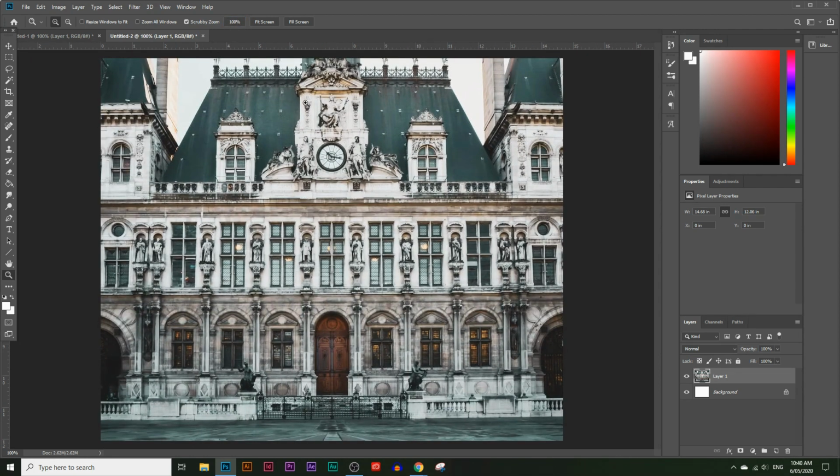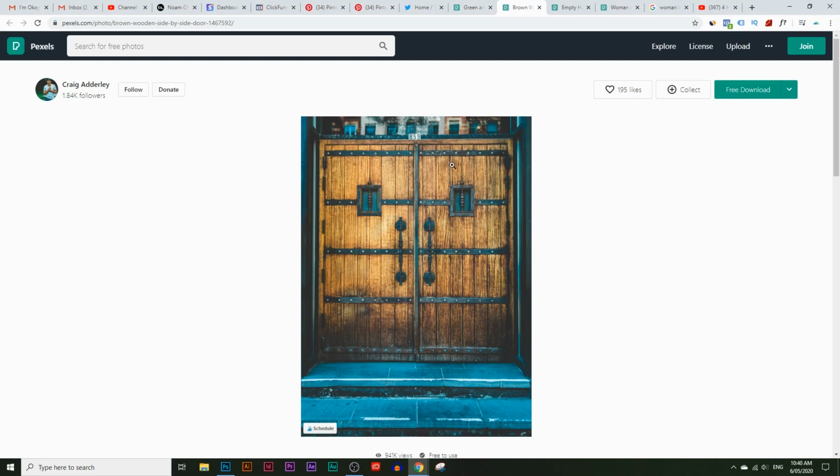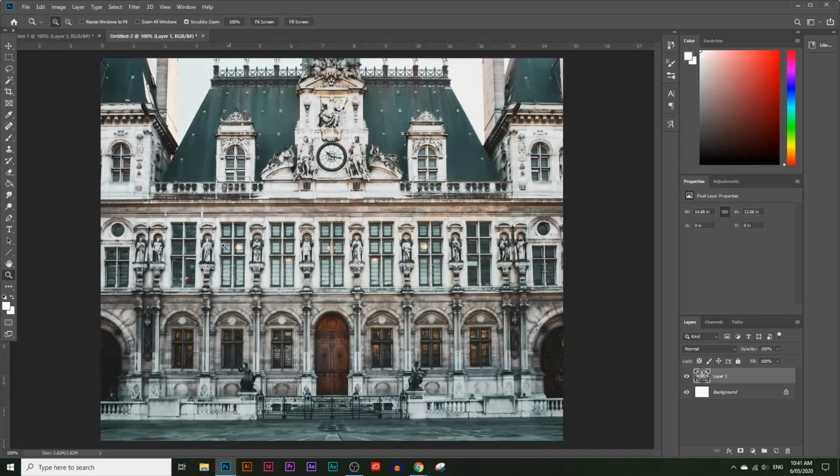So next I want that circle to put where the door will be. The next image that I'm going to use is this door image right here. So I'm going to right click and copy this image, but before we actually paste this into the canvas, I actually want to draw the circle first. So go to the left here, click and hold where the selection tool is, and click on the elliptical marquee tool. I just call this the circular selection tool, so just click that,